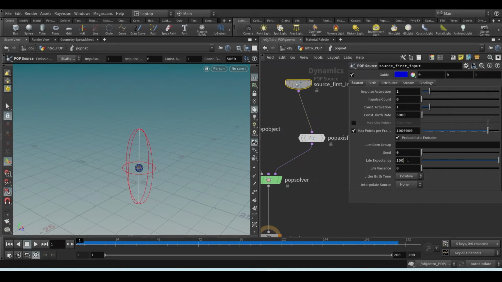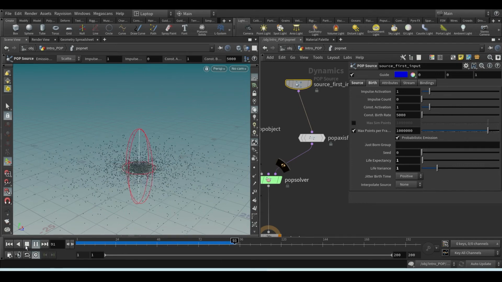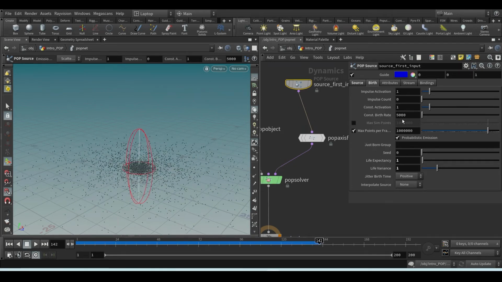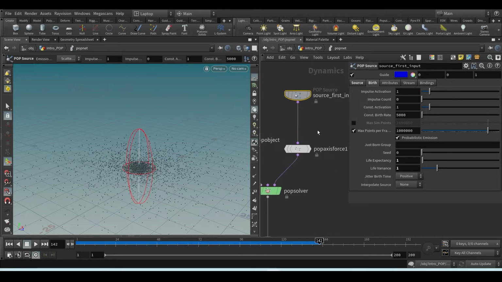Okay, and I don't want 200 and stuff, so I'll keep it at 1, which means plus or minus 1. 1 plus 1 equals 2, and 1 minus 1 equals 0. So in between 0 and 2 the value will be, so it's gonna die somewhere there. It's looking good. I don't have many particles. It will look better if I have a lot of particles, but as you know, the more particles generate,